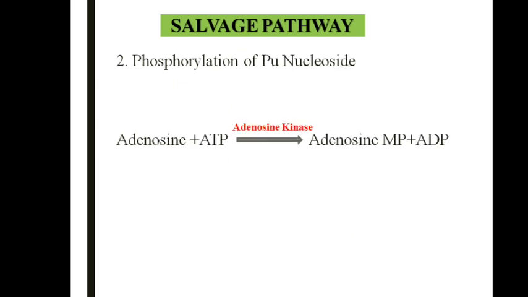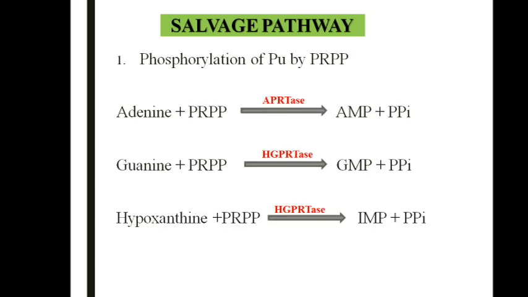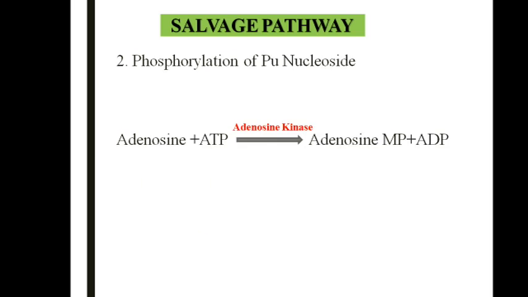One is the synthesis of the purine nucleotide directly from the purines, and the other pathway of the salvage is phosphorylation of the nucleosides. One is from the purine bases itself. The second pathway is from the purine nucleosides. Nucleosides means, I told you, base plus sugar. Suppose I want to say purine nucleoside, that is adenine nucleoside, that is adenosine. The adenosine is going to combine with the ATP to form adenosine monophosphate, that is AMP, plus ADP. Again, it is a kinase enzyme which is required here, that is adenosine kinase. So these are the two different pathways of the salvage, that is directly from the purines, the other one is directly from the purine nucleosides.